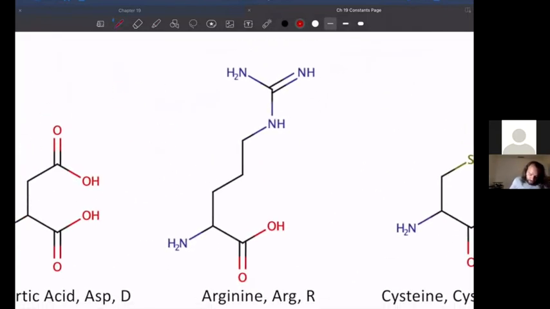Arginine was another one of these basic functional groups, or they have a positive charge. And so again, this is what you would see for arginine. Like always, we're going to get rid of this hydrogen here, put a negative charge. We're going to make this amine group into an ammonium. And then for arginine, it's the double bonded nitrogen that gets that positive charge. So this would be the correct form. This is how I would have to modify what's given to me on my constants page to give you what arginine looks like at a physiological pH.